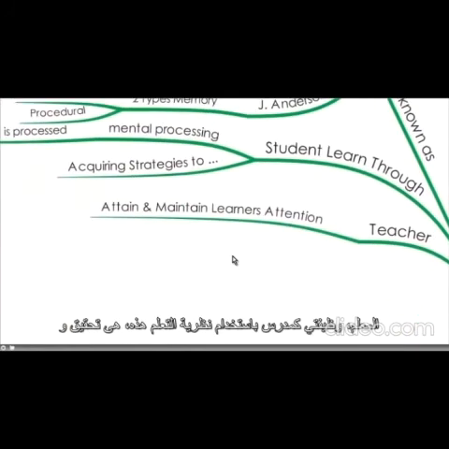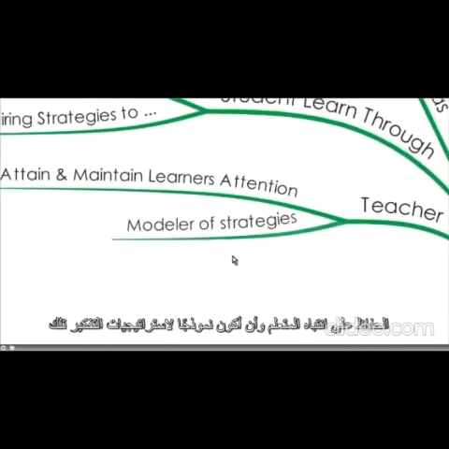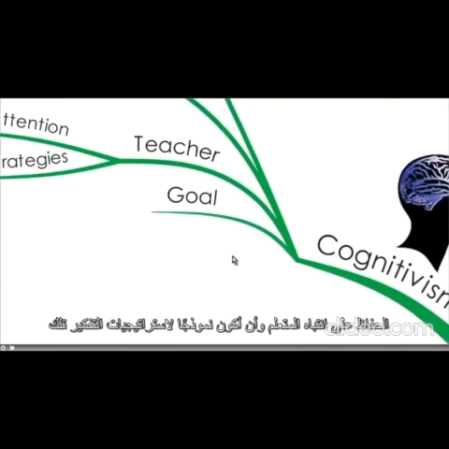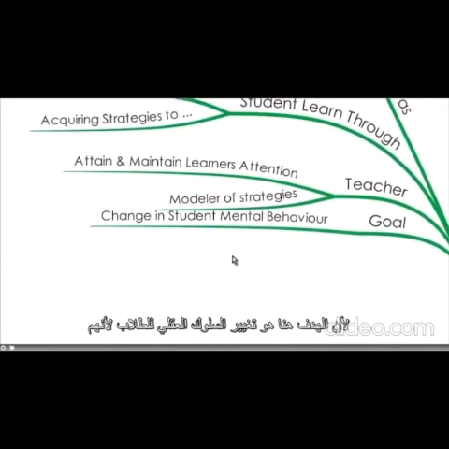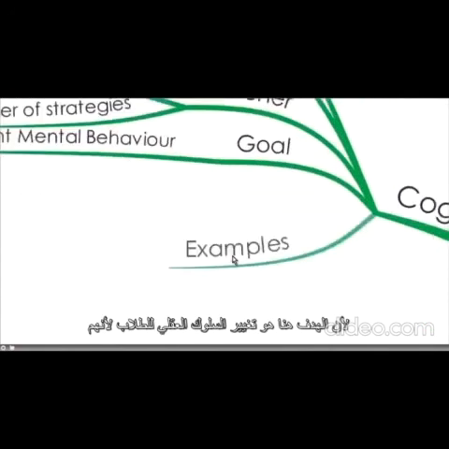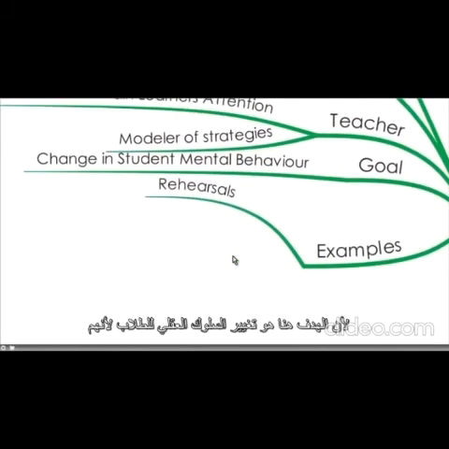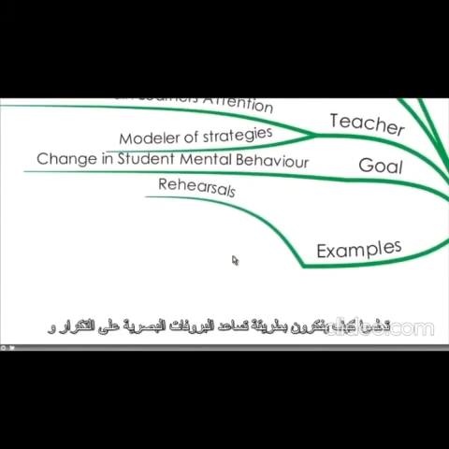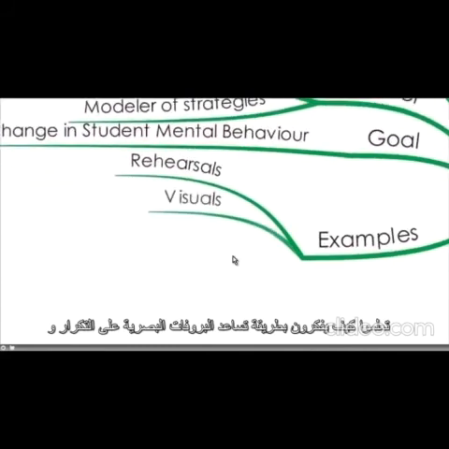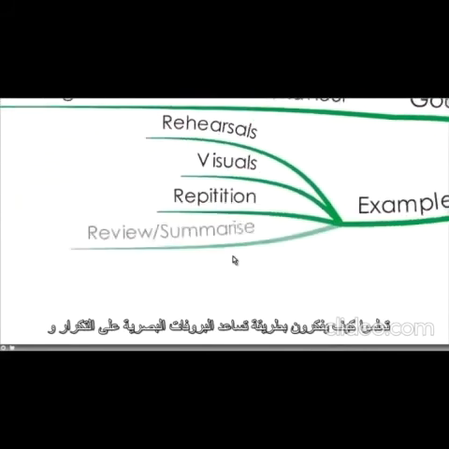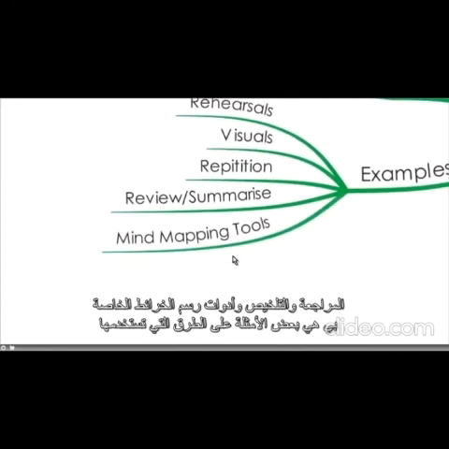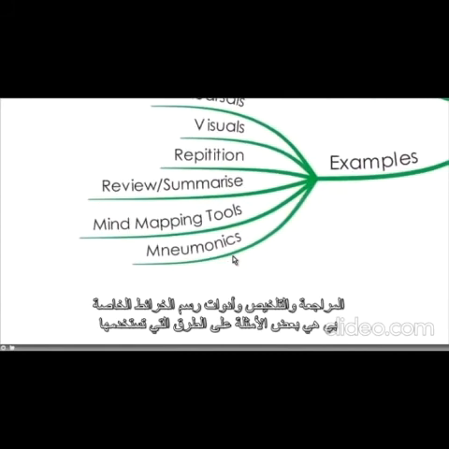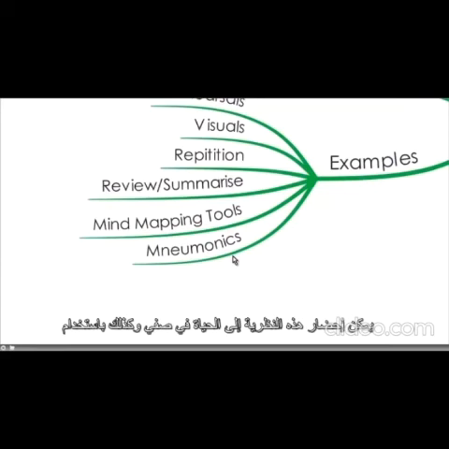And the teacher, my job as a teacher using this theory of learning is to attain and maintain my learners' attention and be a modeler of those thinking strategies, because the goal here is to change the students' mental behaviour, because they learn how to think in a way. So the rehearsals, visual aids, repetition and review, overview and summarising and mind mapping tools are some examples of ways that you could bring this theory to life in my classroom,